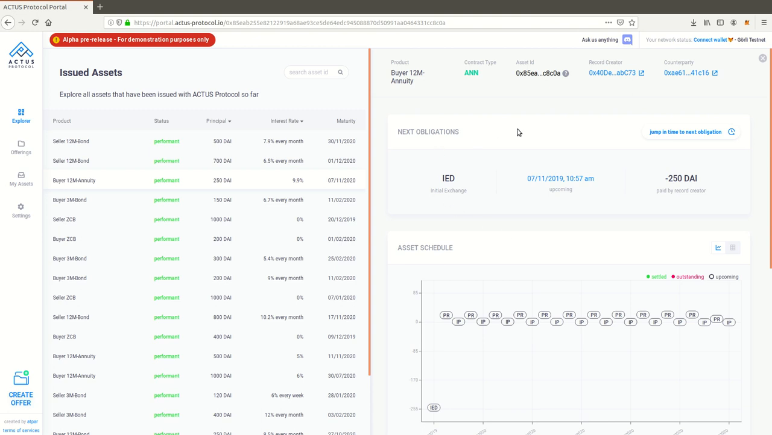If you click on one of these assets in the list, you'll find all the details of that asset that are relevant for you to identify an asset as an investment opportunity for your risk profile or not. So on top here you'll find some key information. Again, the product label, contract type, so this points to the ACTUS classification of instruments. We have an asset ID and then the addresses of the parties that have been involved in issuing that asset. Furthermore, you'll find